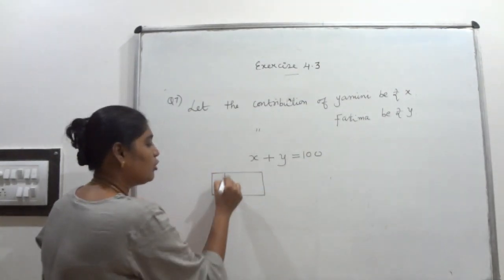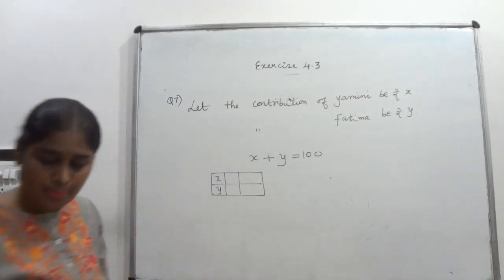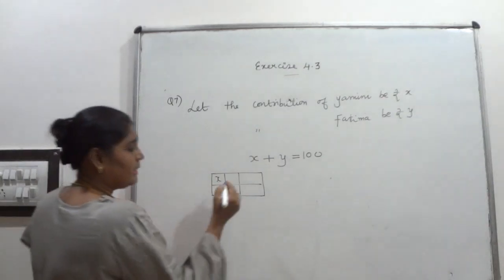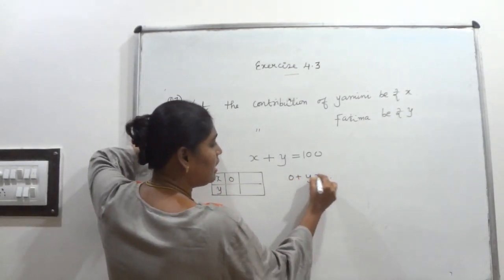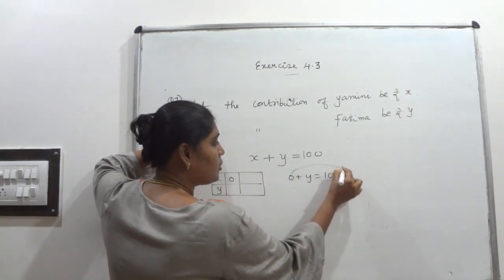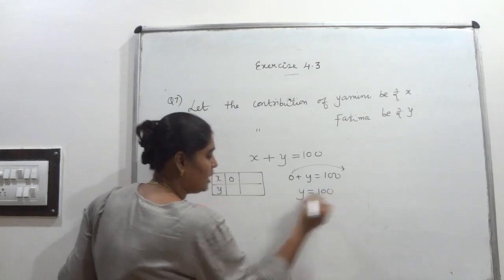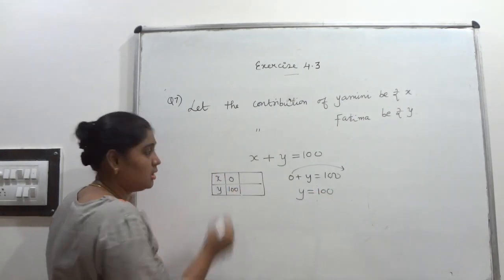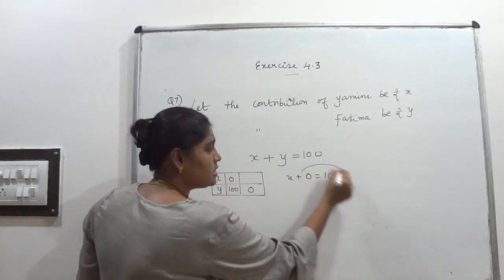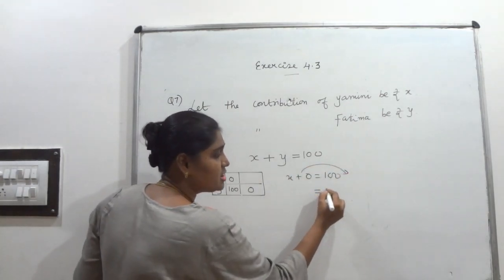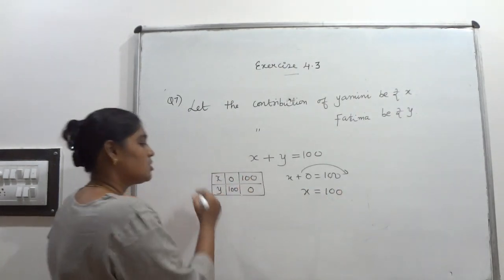For this one I am going to draw the graph. For that I have to find out the 2 coordinate points. Keeping the x value as 0, see, 0 plus y equal to 100. Plus 0 goes that side, minus 0. So it will definitely be y equal to 100. So I got it. The same way, I am keeping the y value as 0. Plus 0 goes that side, minus 0. So 100 minus 0 is what? 100. So x is equal to 100, I got. So I got 2 points.